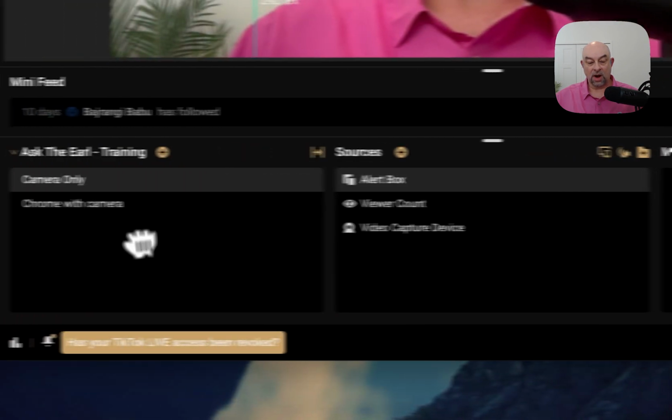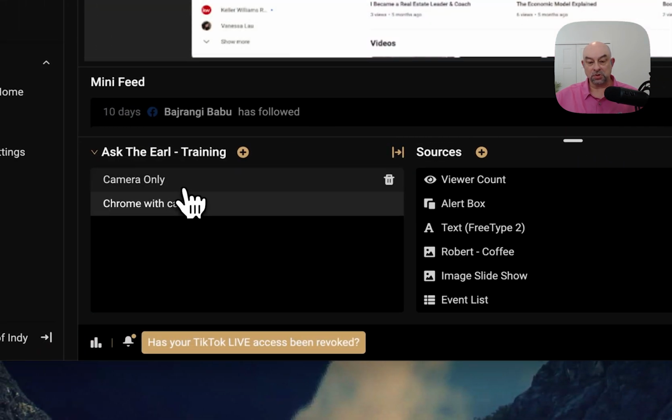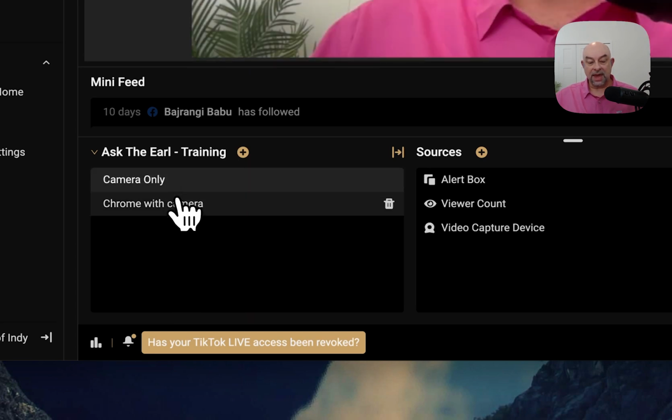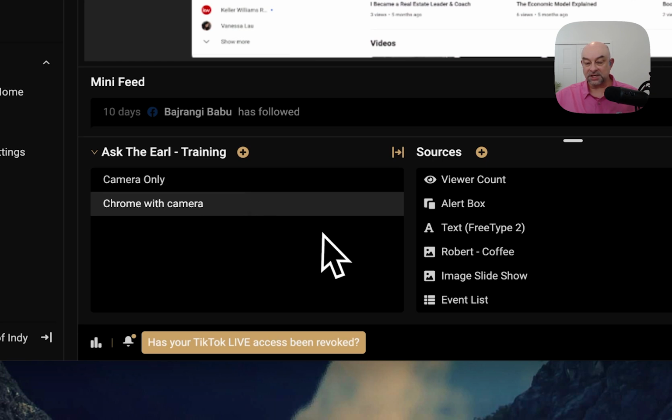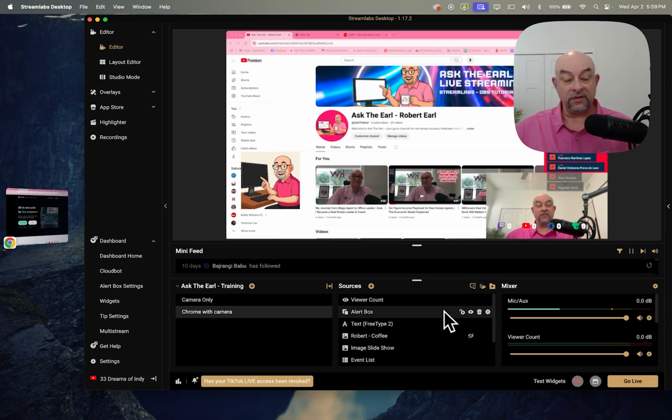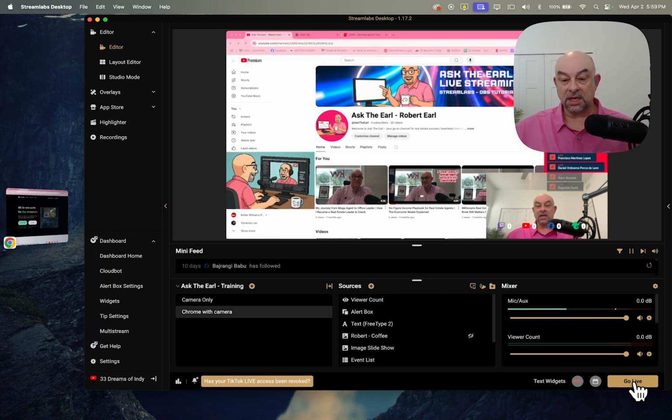So that's a great way for you to be able to switch back and forth of what you're doing. So you can do multiple different layouts. You can do all of these sections here. If I now wanted to actually go live and go into my settings here, then I can click go live,